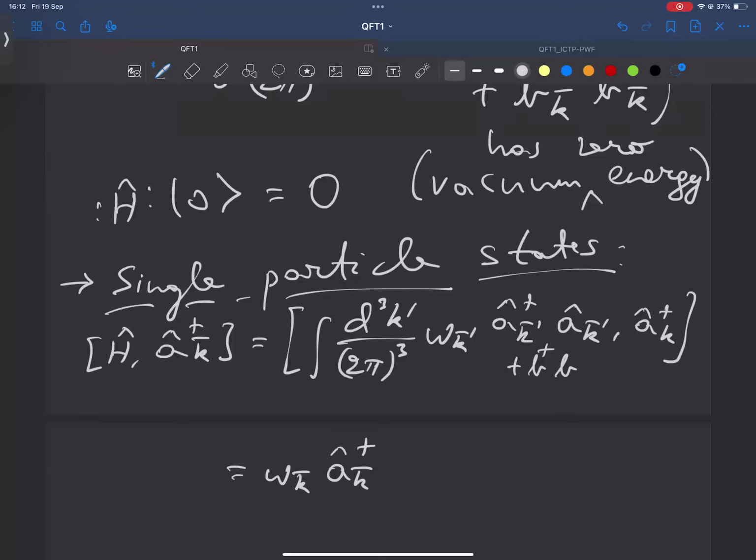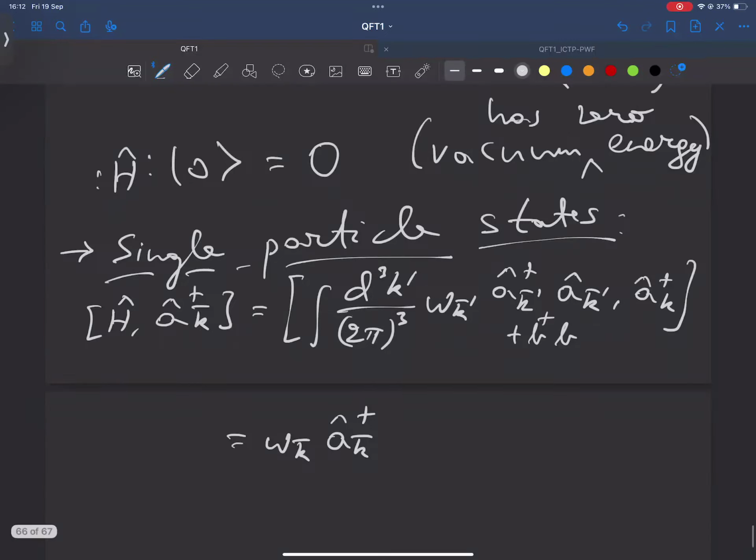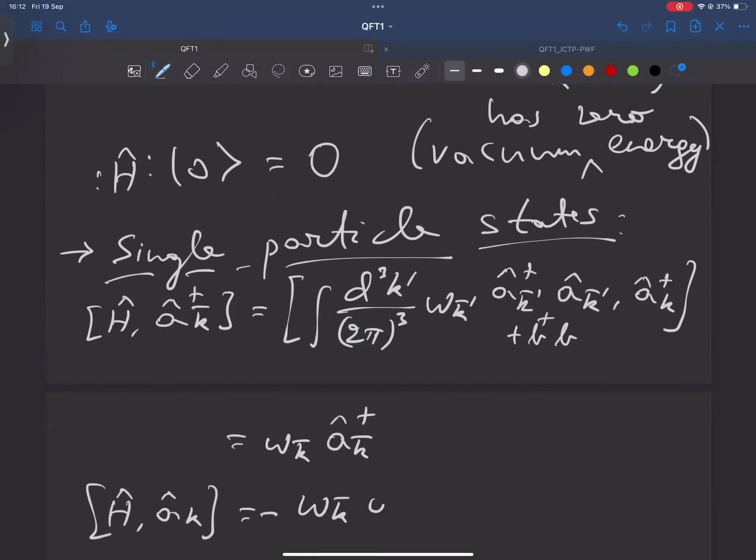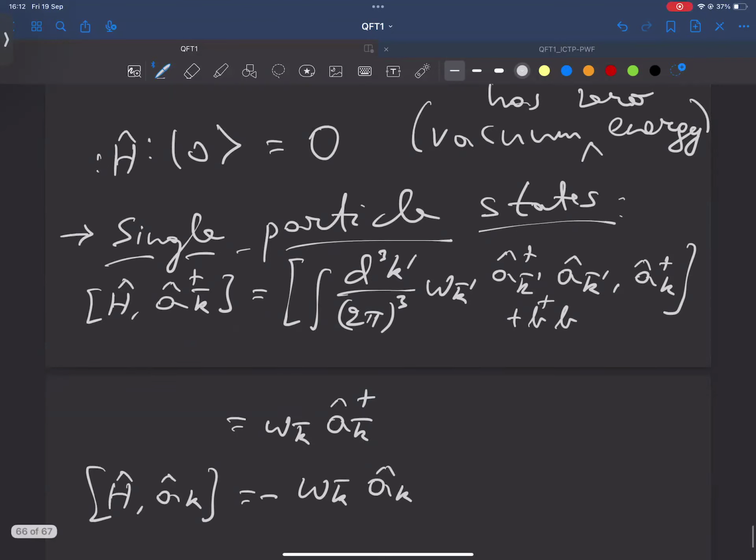And if you do that with the A, then you get minus omega K A K. Okay. So you see that this is like you are creating,